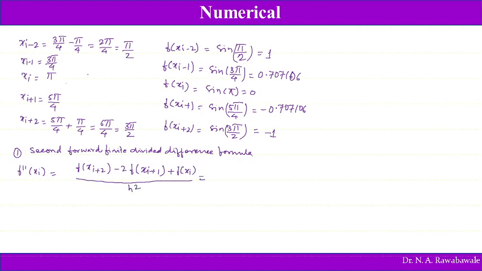So this is nothing but f of xi plus 2 is minus 1, minus 2 into f of xi plus 1, which is minus 0.707106, plus f of xi, which is 0, divided by h value, which is pi by 4, square. So on simplification we get it as